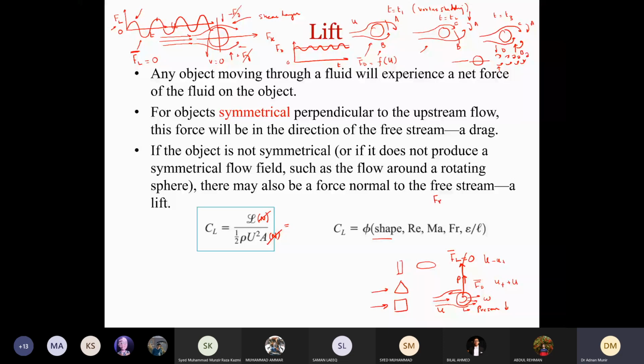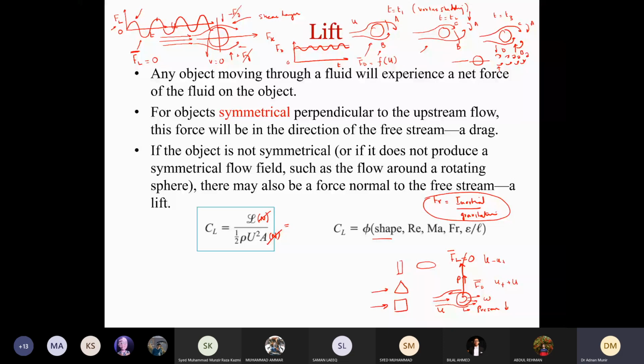So Froude number becomes relevant when we have inertial force and gravitational force. As in the case of free surfaces, such as currents and waves in the ocean, they are subjected to gravitational forces. In that case, Froude number becomes significant. So CL also depends on Froude number when we have structures placed in such types of flows.